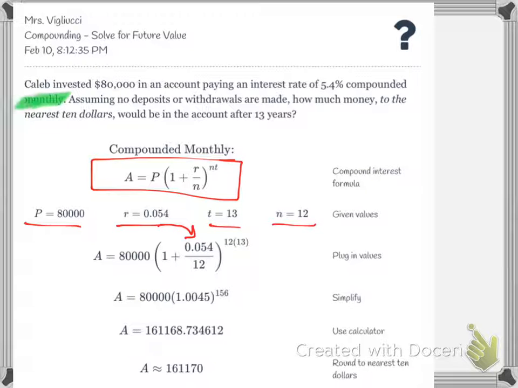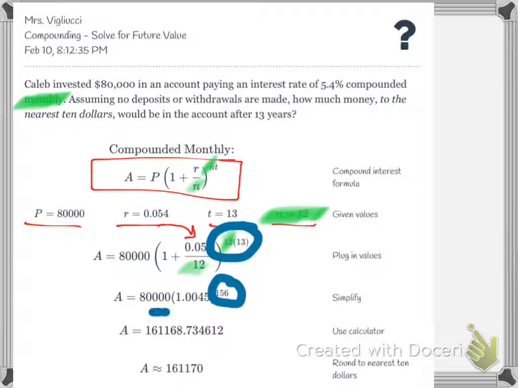So I gave you that chart. This is monthly, so that's why your N is 12. So everywhere you see your N's, you need to have 12. Okay? And then another suggestion I gave you guys on Friday is making sure you do 12 times 13 is 156. You cannot put 12 times 13 in the calculator there because it's not going to give you the right answer. Okay, so you would just type in the 80,000 and then